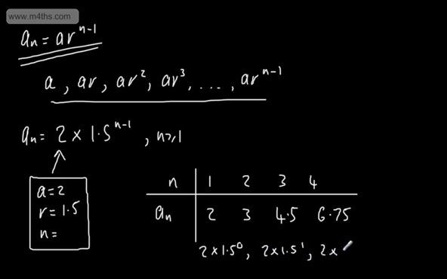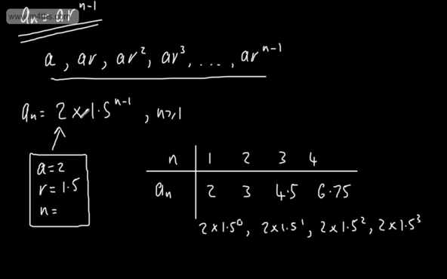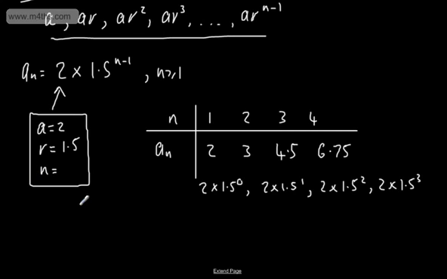We've done 2 times 1.5 to the power of 2, and then 2 times 1.5 to the power of 3. So all we're doing is taking a number and subtracting 1. And we can see that the nth term is going to be 2 times 1.5 to the power of n minus 1. So if we were asked now to find the 20th term, we could say that a sub 20